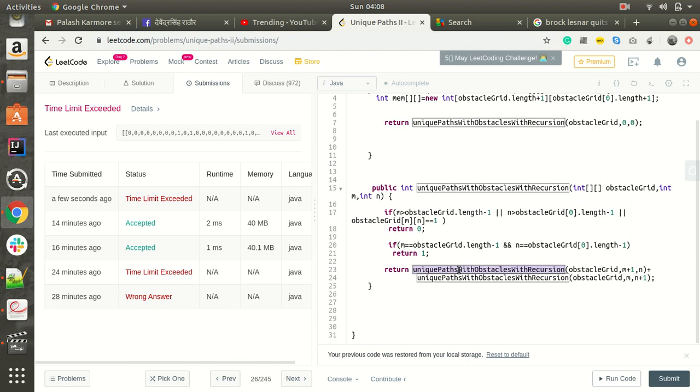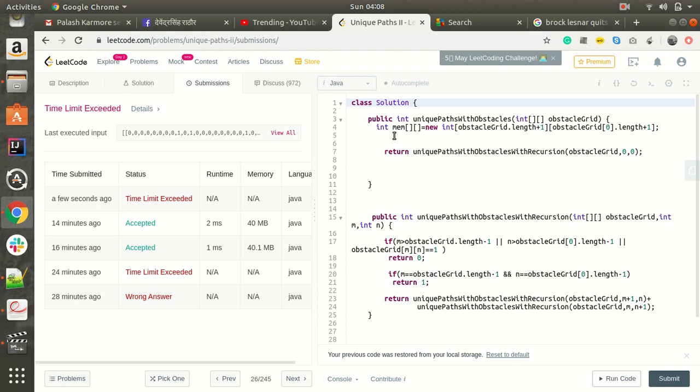First time, what we will do is assign all the calls. So this memory will represent the value of all the calls. Like over here, the function was called with m plus 1 and n. So it will represent, when the function was called for m plus 1 and n, what value it got.